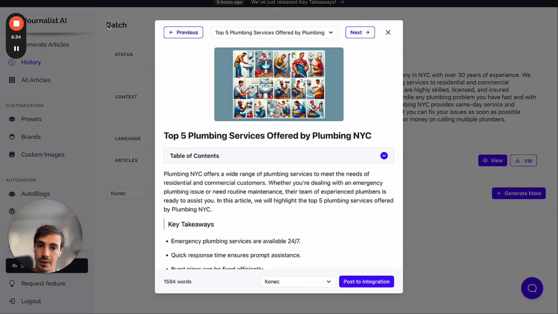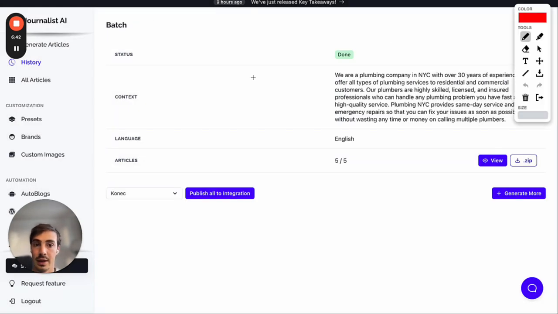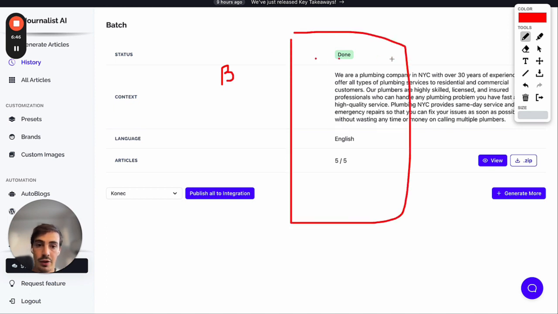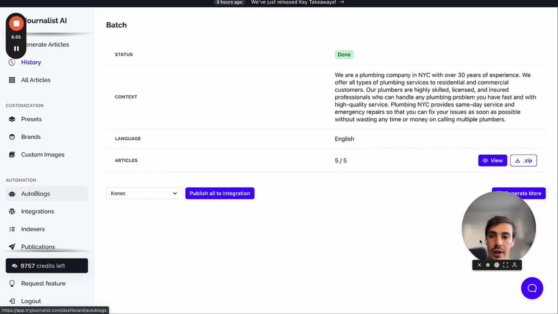So Journalist AI and AI tools help you do more in a short period of time, because essentially you can have this AI on the back end, right? Build out your blog and produce content every single day, every single week, every single hour, right? That is tailored, that captures what people are searching for. It is super, super powerful, and I can dive deep into exactly how it works, but essentially just go here,